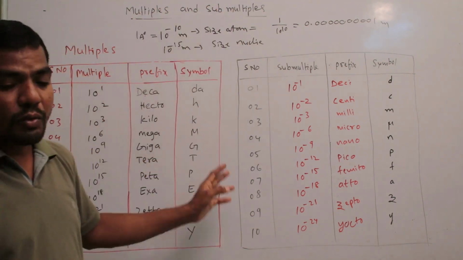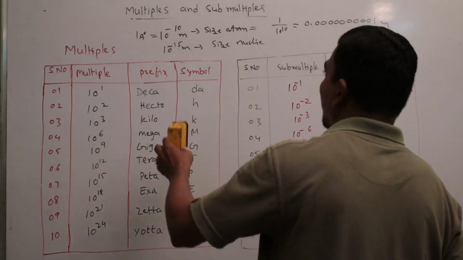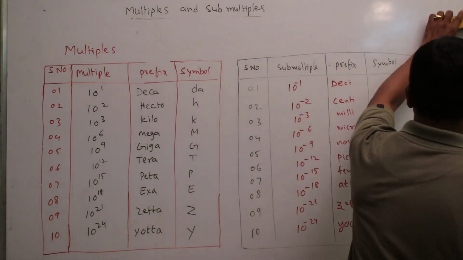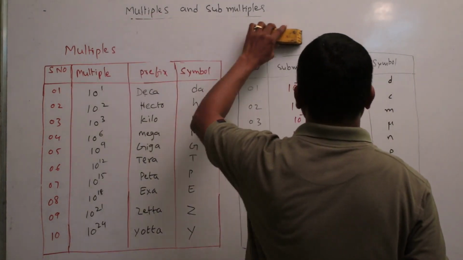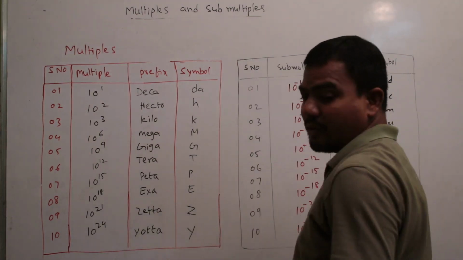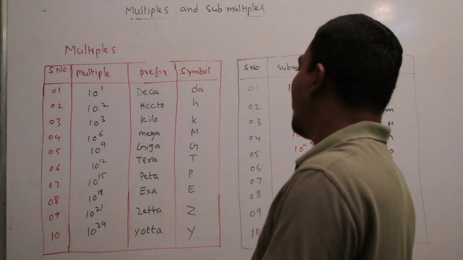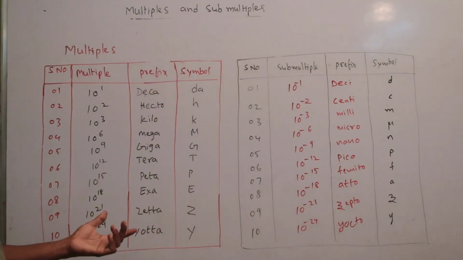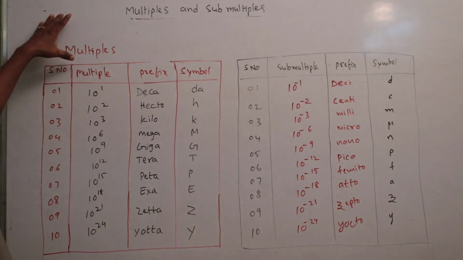There are many types of multiples and submultiples. This is a very important topic in physics, chemistry, and also maths. In chemistry, problems are mostly given on the size of the atom, the size of the nucleus, or the radius of the nucleus. In all such problems, submultiples are used. In physics, in gravitation and space concepts, very large units are used, so multiples are used.